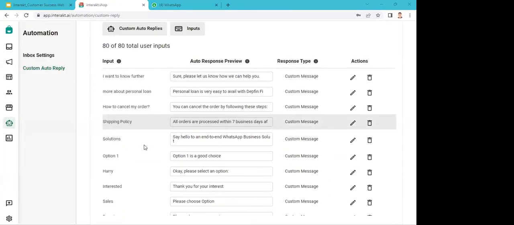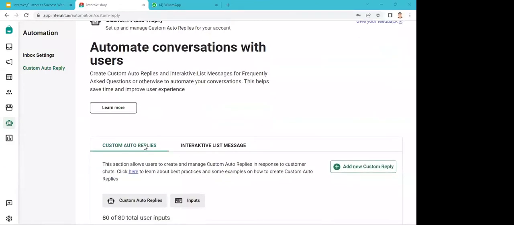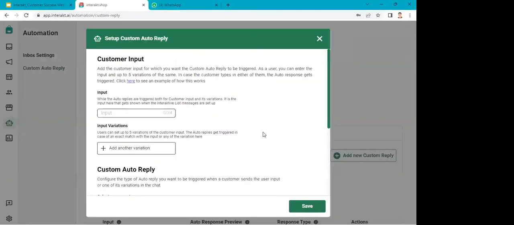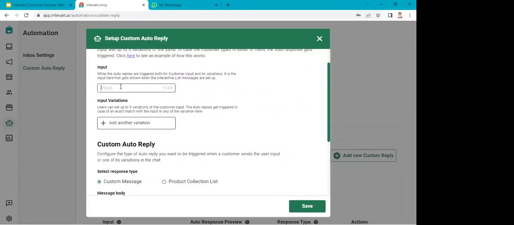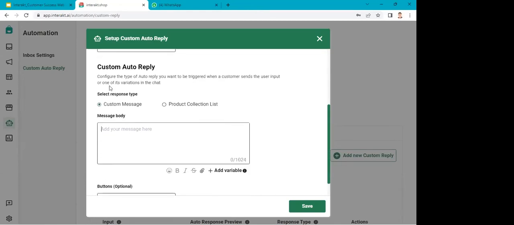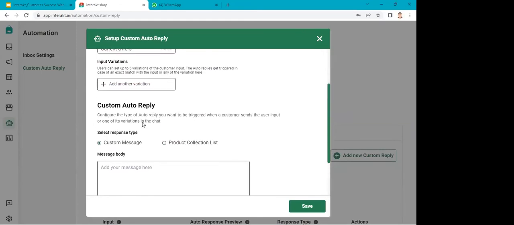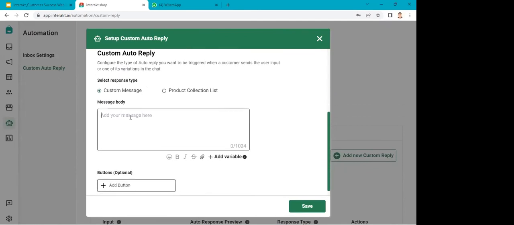So I'll give you another example. Add new custom reply. Current offers. Say for example, current offers. So here you get two options in the response type. Either you can add a custom message or you can give a product collection list. So suppose if you add a custom message, yeah. Hi, hey,